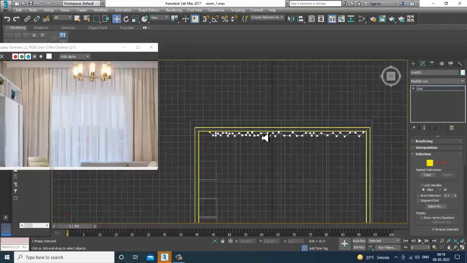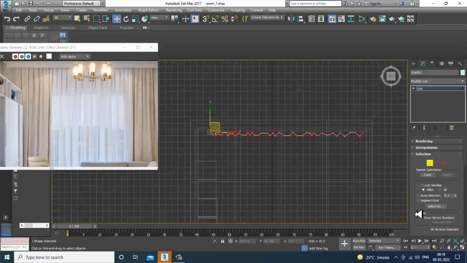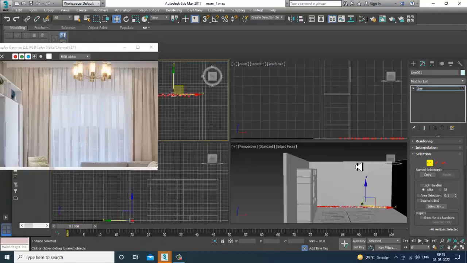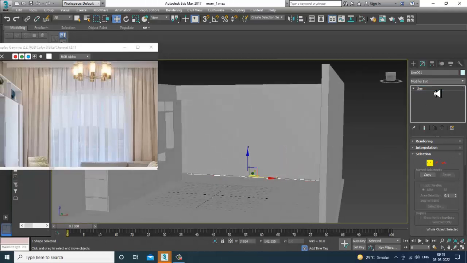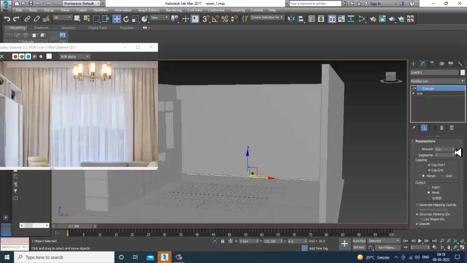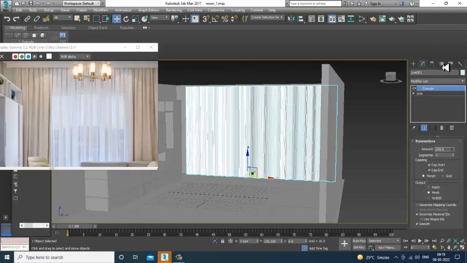Select the vertices, right click on it and you can just smooth it. Once you're done, I can go into the modifier and give an extrude modifier and I can slightly